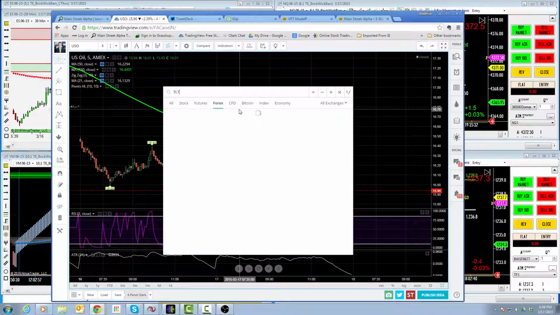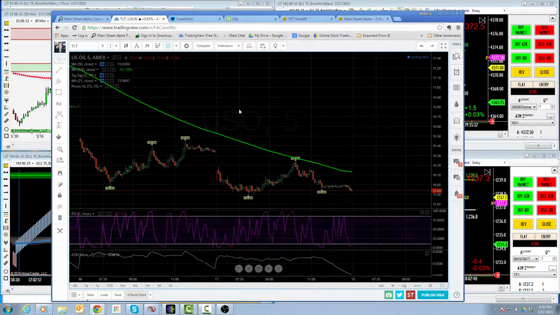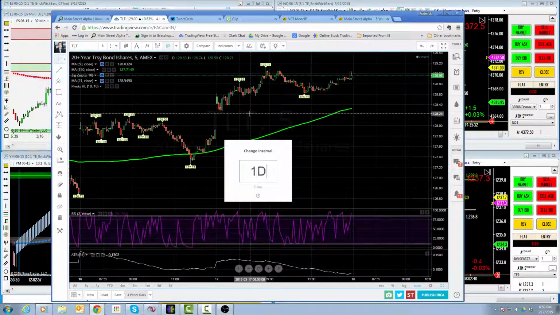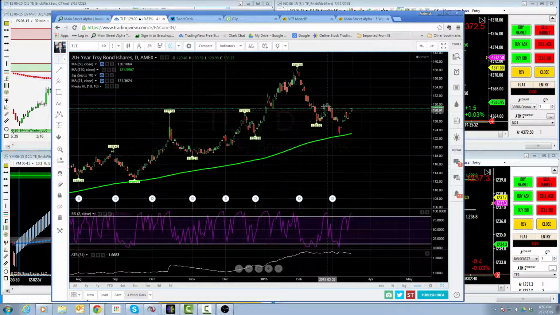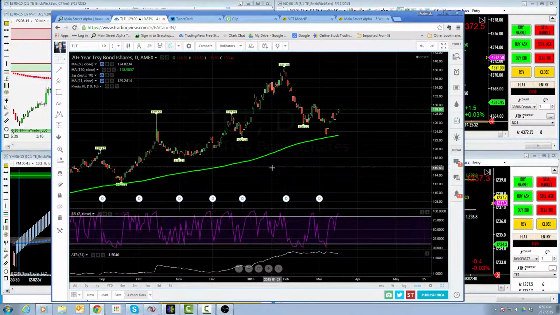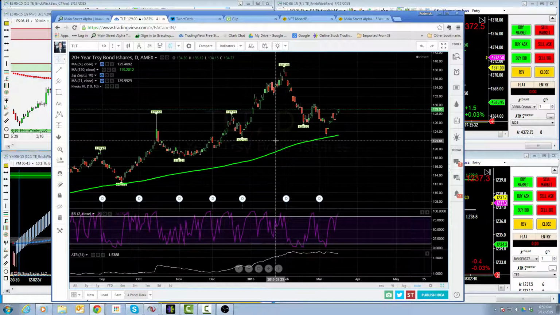Okay, and then the final one I want to take a look at is TLT. Let me move TLT out to a daily. I'm also going to look at Bank of America. So on TLT, just the 130, very even handle. This is probably going to move around a lot tomorrow before the Fed statement, and then we'll see how it reacts. I mentioned on the midday update today, I've just given up on trying to guess which way any of these instruments is going to react. None of it seems to make any kind of sense, so we'll just see what the market thinks of whatever.